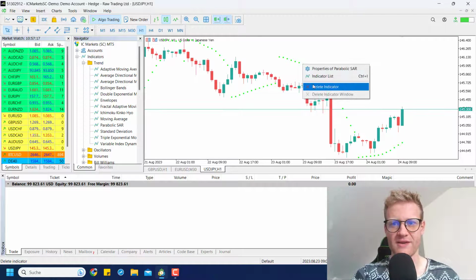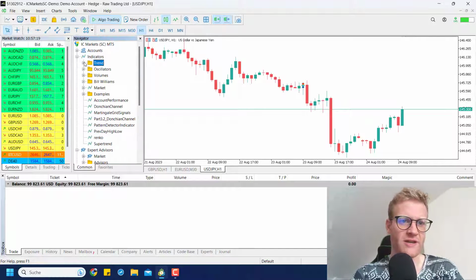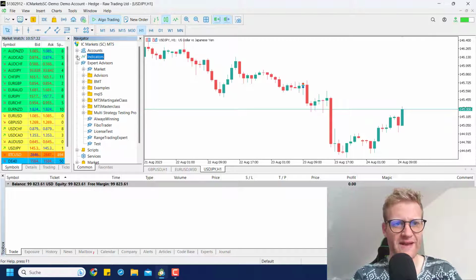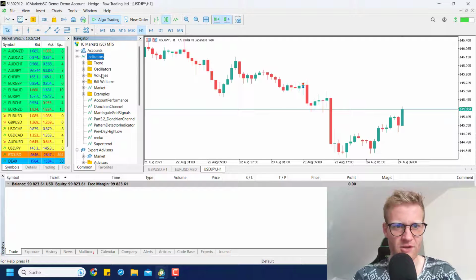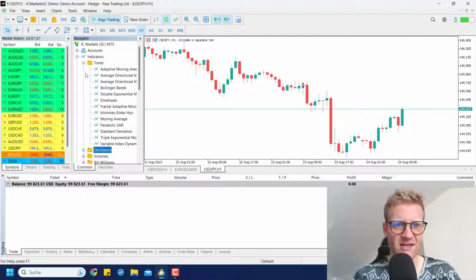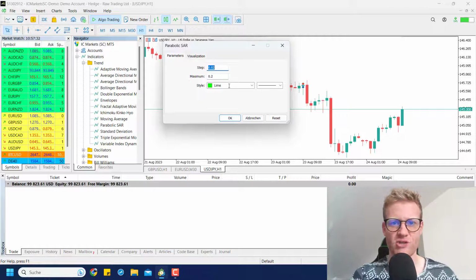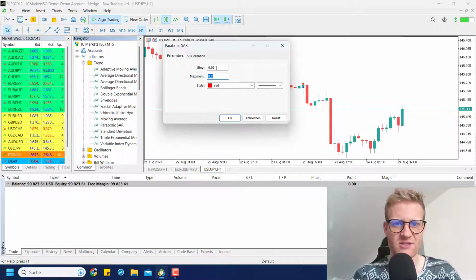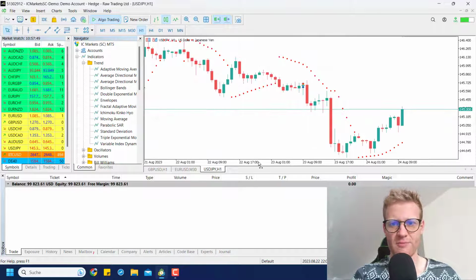Let me quickly remove it and edit again so you can see how it works. So in your MetaTrader 5 navigator, you will find the indicators. If you open this folder, you will find the trend indicators, and here you will find the Parabolic SAR. If you drag and drop it on a chart, let me make it red so we can see it better. You can click on OK. It only has two inputs. I think the default values are 0.02 and 0.2, and if you click on OK, it will be attached to the chart and it will draw these